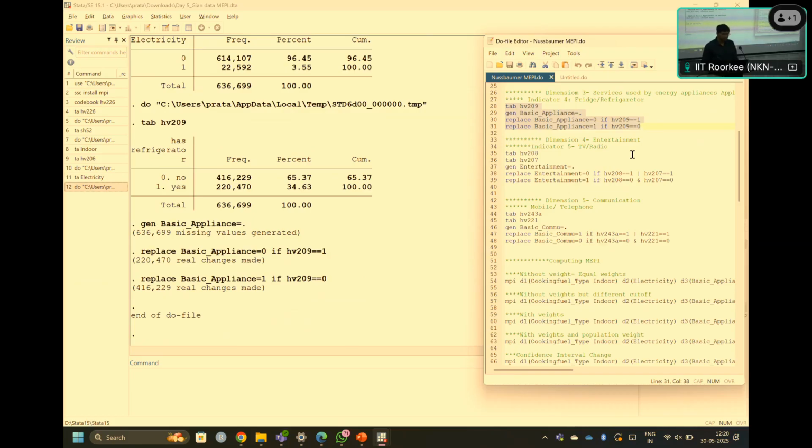Our indicator variable is TV and radio, and the name of that variable at this moment in the data is HB208. So again, we have replaced entertainment with the code 1. There are two variables, in fact, 207 and 208. So let's check that.